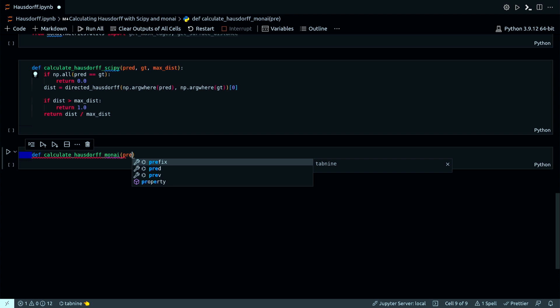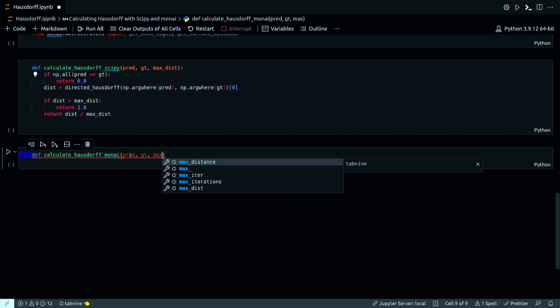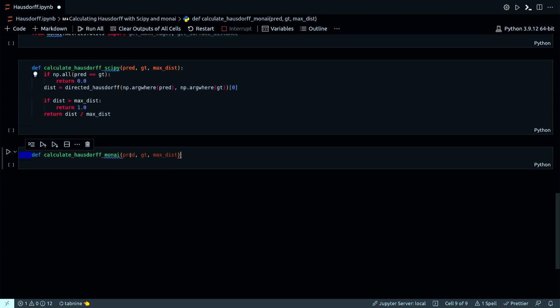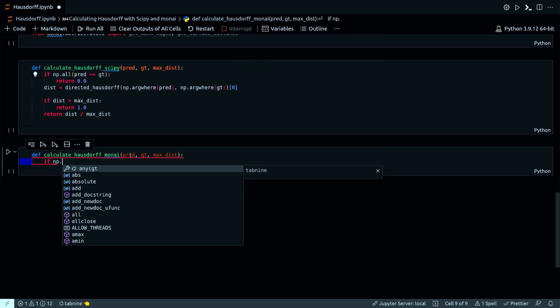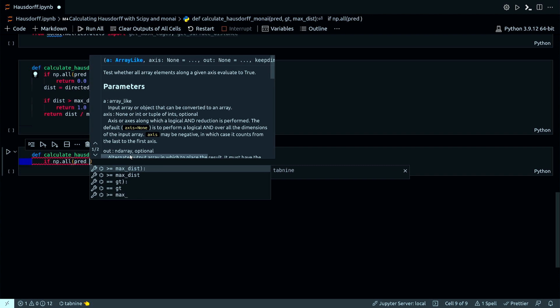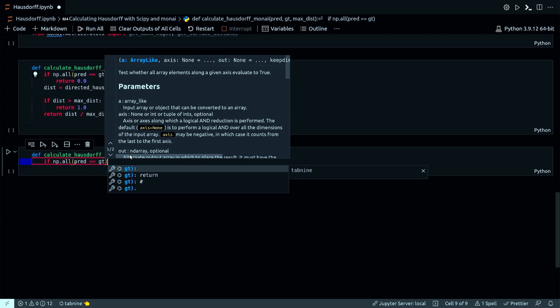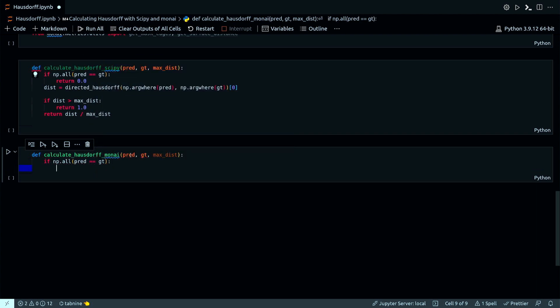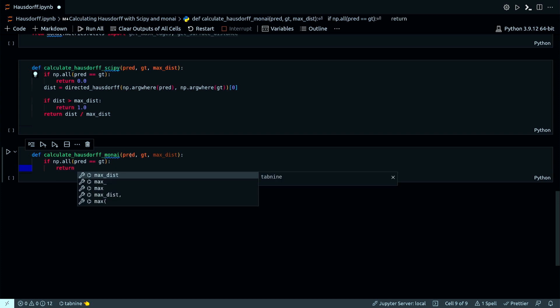And this also takes pred and GT and max dist. So here, if np.all pred equal to GT, then return 0.0,